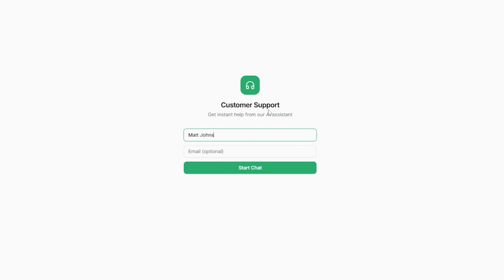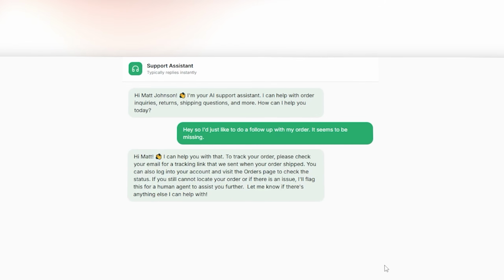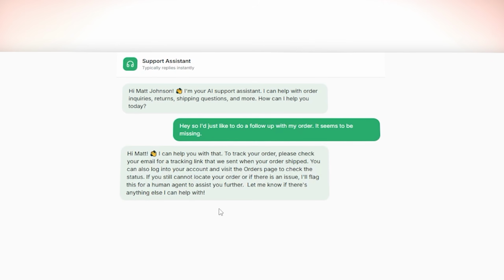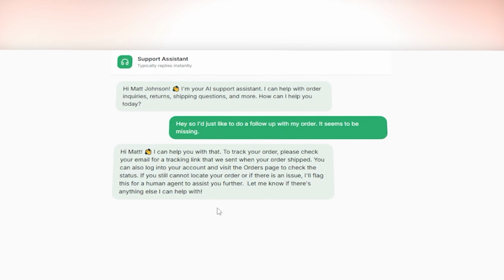Customers interact with the AI agent directly through a support chat interface on the store's website. The agent answers order-related questions, processes return requests, handles complaints, responds to frequently asked questions, and resolves common support issues through natural conversation. If a customer asks something outside the knowledge base or the issue becomes too complex, the system flags the conversation inside the dashboard for a human follow-up, so nothing gets missed. That balance is important because the AI handles the repetitive support workload while still allowing store owners to step in